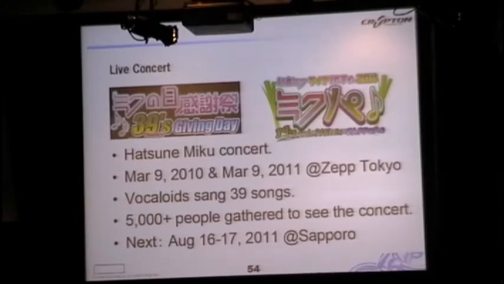March, the third month, the number 3 is referred to as Mi in Japanese. The 9 in Japanese is ku, so that's Miku, a little bit of a pun.